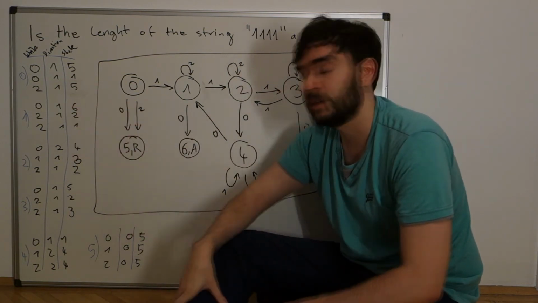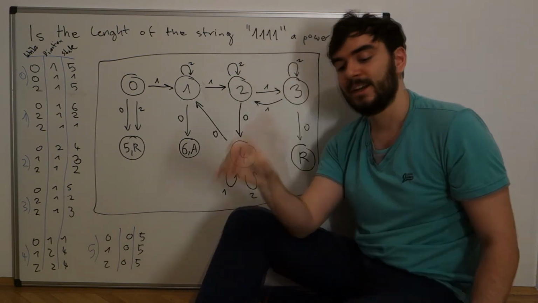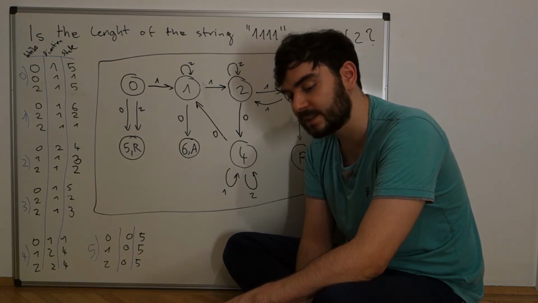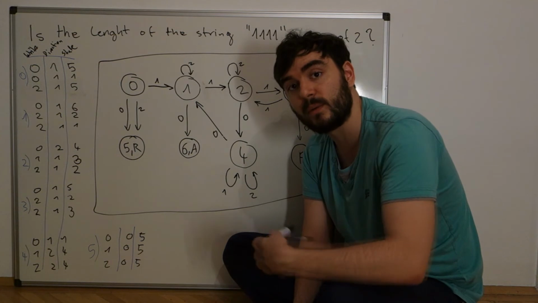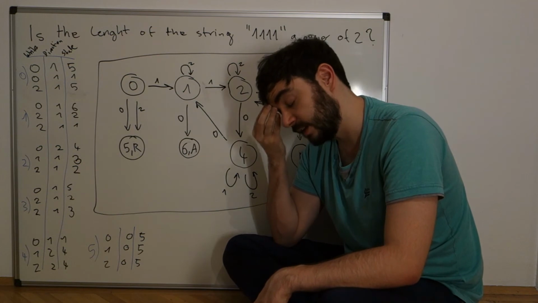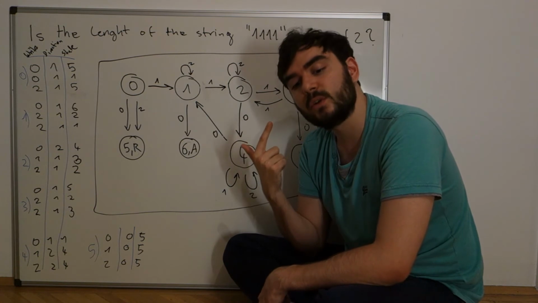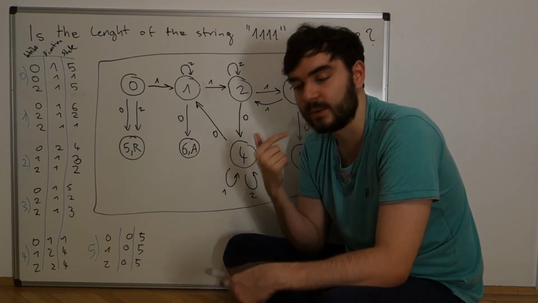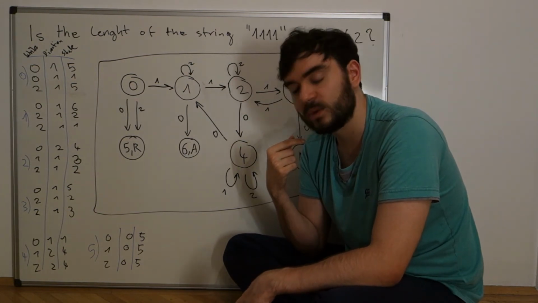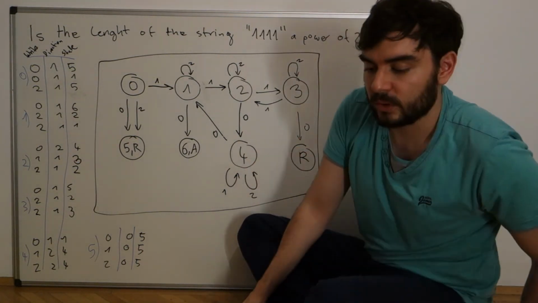But the other numbers are different. So the difference between the Turing machine and the finite state machine is that while the finite state machine was only walking over the input string from the very left to the very right, step by step, and moving on the board, the Turing machine also moves on the board, but two things. It can also walk in other directions, if you want, even jump around on the string. And also it can write back on the string. So it has the possibility to load information